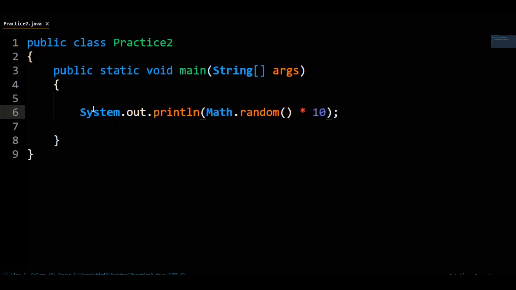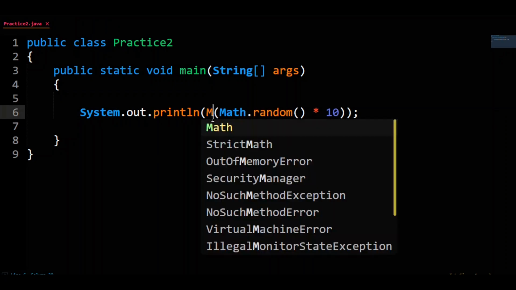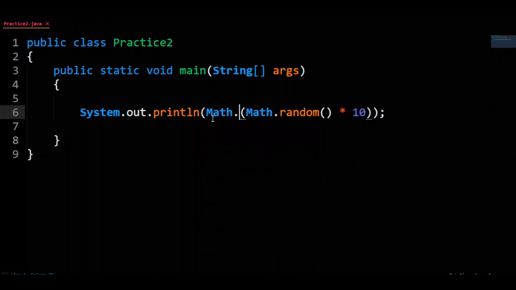But, as written, this will only give you doubles between 0 and close to, but not including, 10. So, we wrap all this in a call to the Math.ceil function. But still, this gives us back doubles, and we want ints from 1 to 10. So, finally, cast this output to an int.